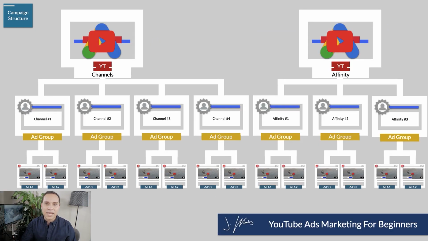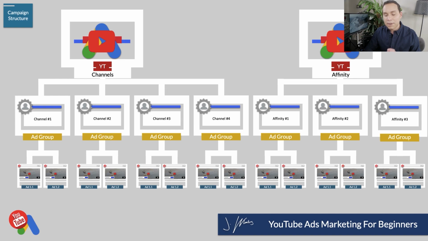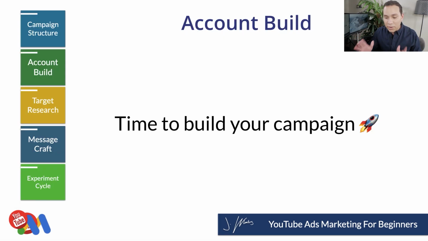We're going to set up one campaign that targets affinity audiences, and we're going to set up another campaign that targets channels. So our affinity audience campaign, this is going to be a group of audiences that Google has already made for us. So it's very easy. We essentially just look at a drop-down list and say, yes, yes, yes, and we'll be good to go. With the channels, of course, these are going to be channels that have content that your ideal customer or viewer is already watching. We'll go through how to choose those channels later and how many subscribers those channels need to have in order for your ads to actually work and get impressions. So now that we've gone through these 2 campaign structures, it's time to just jump right in. Let's go ahead, build the account.